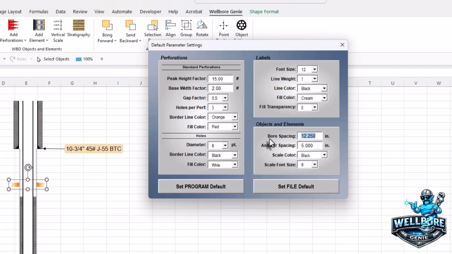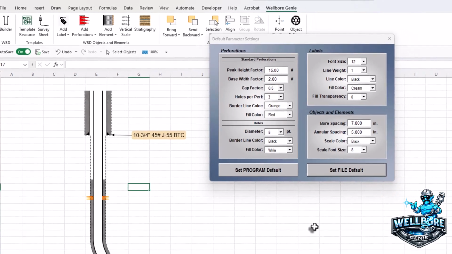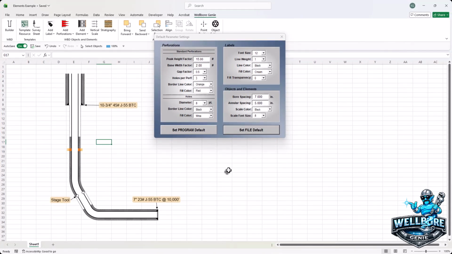So if we change the bore spacing to 7 inches and click Set File Default, then add another perforation, the new perforation fits the casing exactly. Do note, however, that if the weld bore schematic is drawn with the casing scaling factor or the casing bore factor in the Builder set to anything other than 1, the bore spacing value in the Object Settings will not match the weld bore casing sizes, and finding the correct bore spacing sizes will need to be found manually with